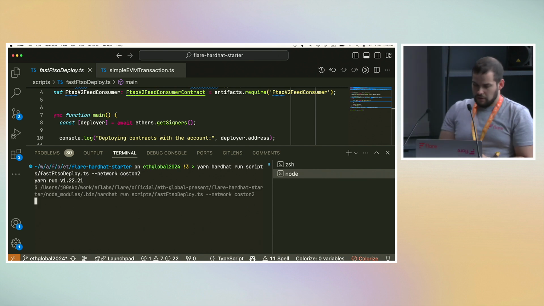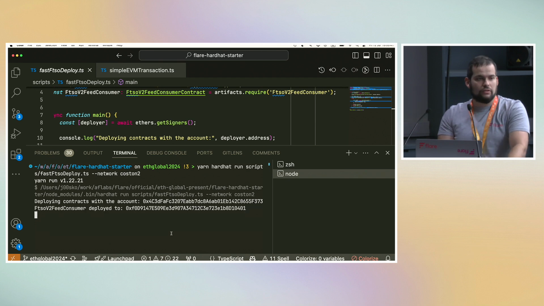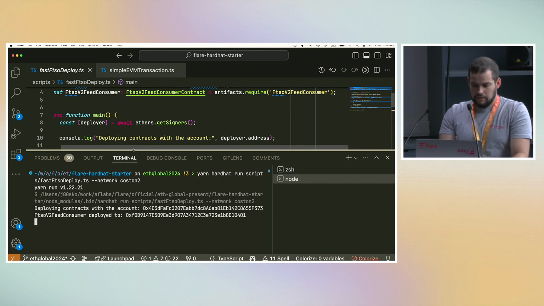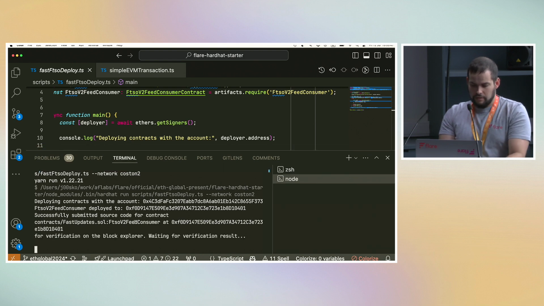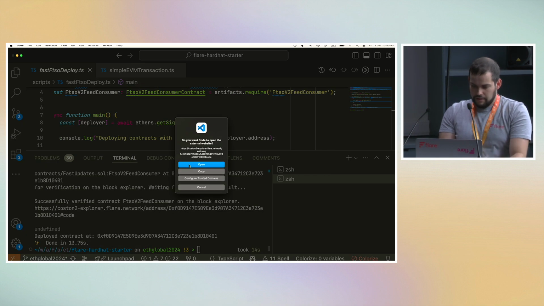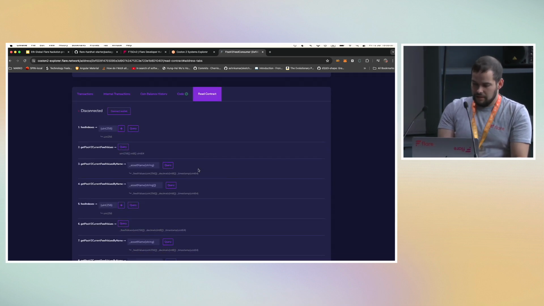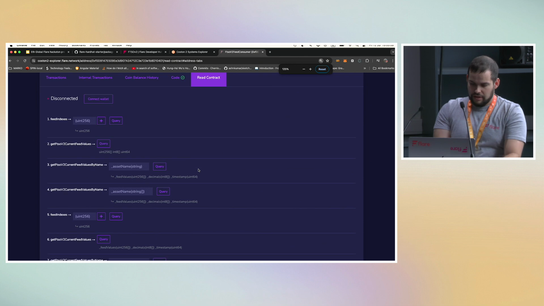We'll deploy this on Coston2 and also directly verify the smart contract so we can immediately interact with it. It's deployed here. And in a second, the contract's verified. Okay, let's open it. So we got the contract, and it's easy to get to the correct